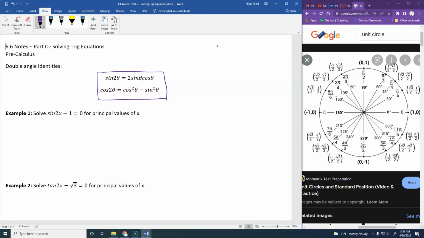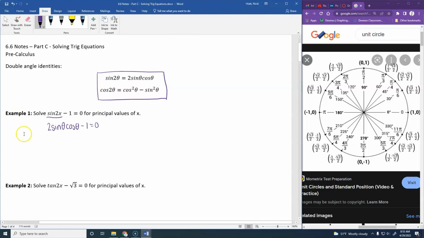Okay, so for our first equation, we've got to solve sine 2x minus 1 equals 0. Whenever I teach a new identity, a lot of times students' first inclination is just to automatically use it if they see the sine of 2x. We will use it sometimes, but we will not use it every time. If we did use this, so don't write this down because this is not going to get us anywhere, if I did make this 2 sine theta cosine theta minus 1 equals 0,